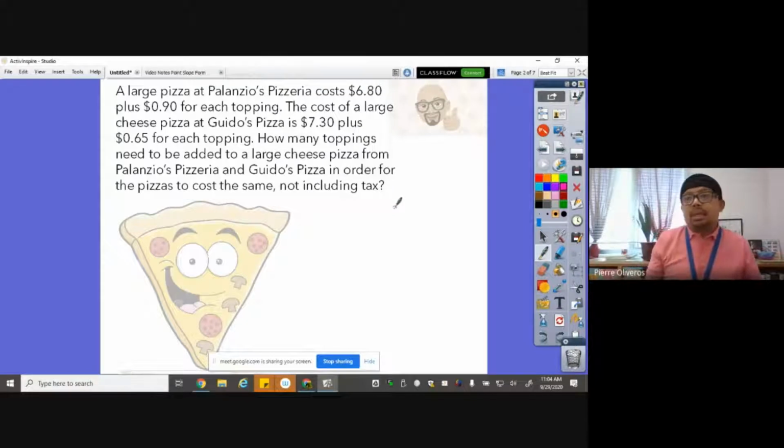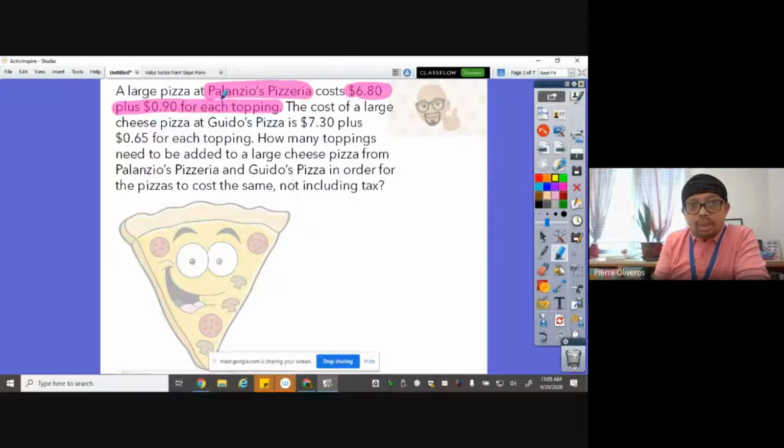Here, a large pizza at Palanzio's Pizzeria costs $6.80 plus 90 cents for each topping. The cost of a large cheese at Guido's Pizza is $7.30 plus 65 cents for each topping. So if you notice here, there are two pizza places, Palanzio's Pizzeria, which charges $6.80 plus 90 cents for each topping. And the other one is Guido's Pizza, which costs $7.30 plus 65 cents